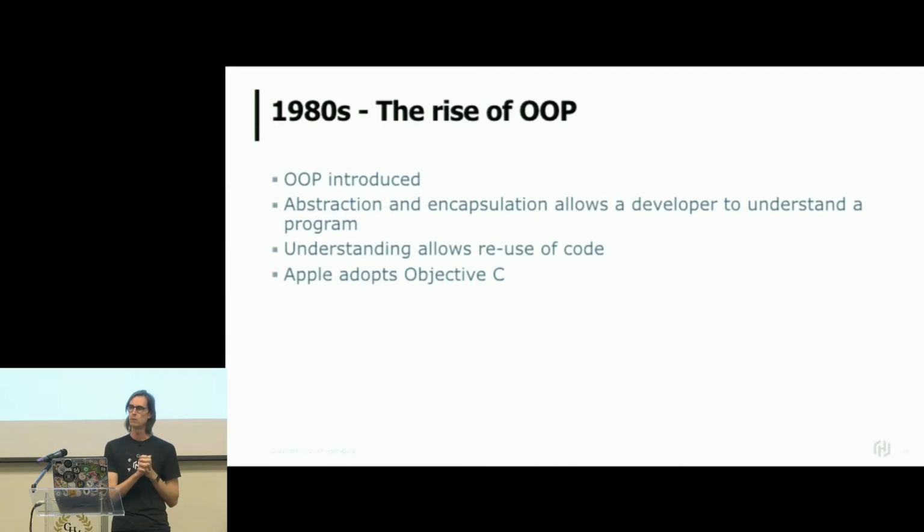Apple kind of went through a rise and a bit of a fall. Steve Jobs left the company. He went on to form NeXT. But one of the things he did whilst he was at NeXT, besides producing an incredibly expensive computer, was that he looked at this problem and he adopted Objective-C. Now, Objective-C was a superset of C, so in some ways it was compatible, but what it tried to do is take the principles of Smalltalk and layer them on top of C, giving this object-oriented approach.